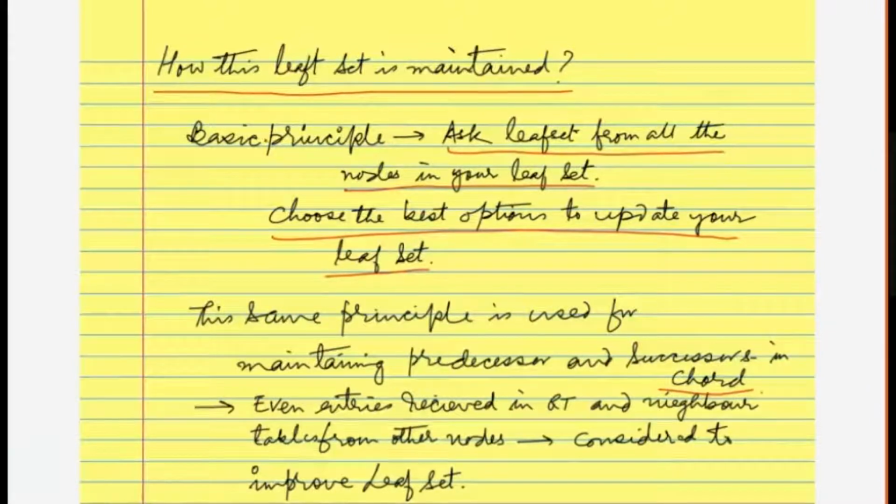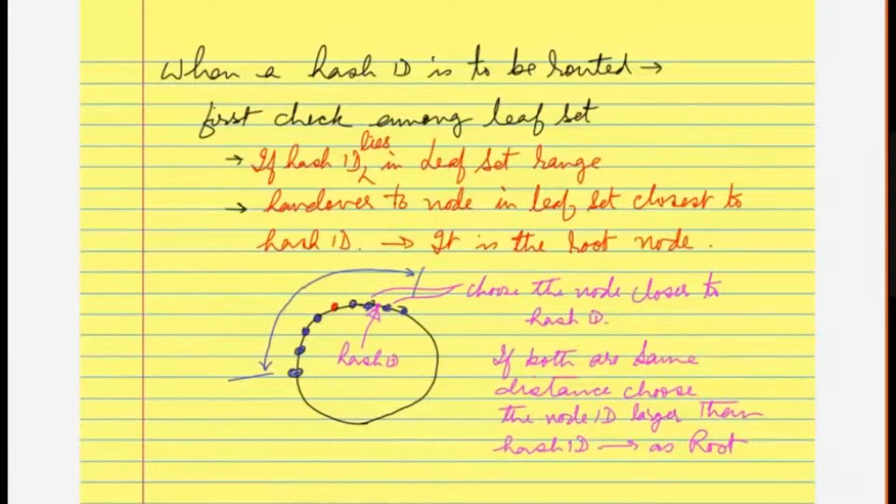And of course, another important thing: even the entries received when routing tables or neighbor tables are sent by other nodes are also considered to make a better choice for your leaf set. So this is an ongoing process all the time. Normally this will not be required, but you should always consider all the new information arriving at you for faster convergence.